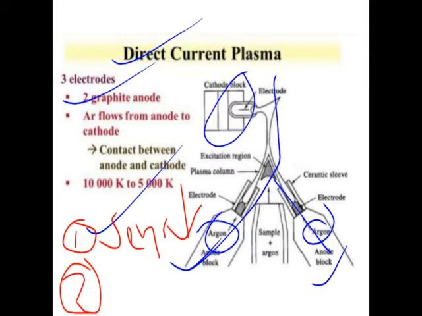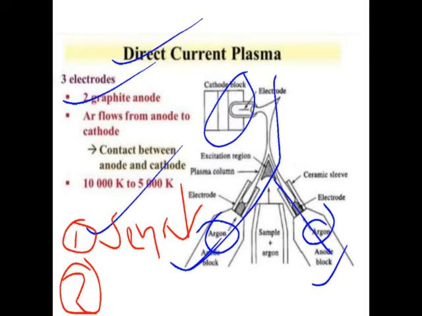The second disadvantage is that the spectra generated by DCP present fewer spectral lines. Third, the samples are incompletely volatilized due to the short amount of time. Fourth, it requires more upkeep because the cathode block, which is used as the cathode, generally wears out after a few hours, so it needs to be exchanged. So these are the 3-4 disadvantages of direct current plasma as compared to the inductively coupled plasma,